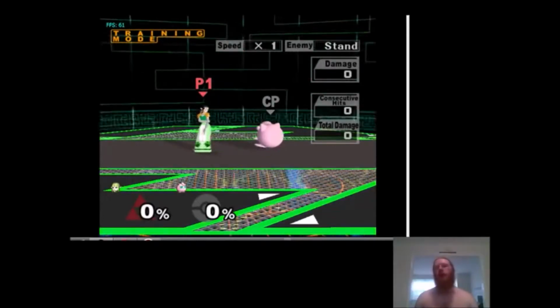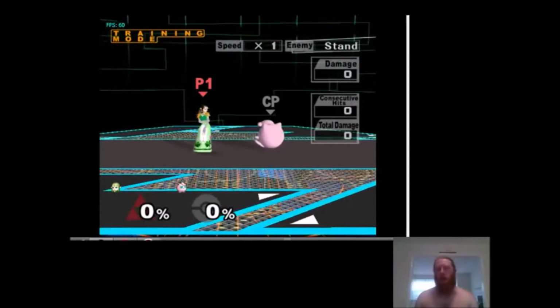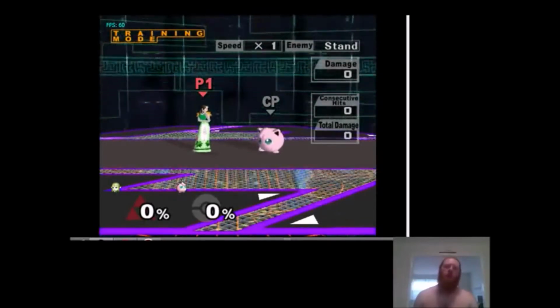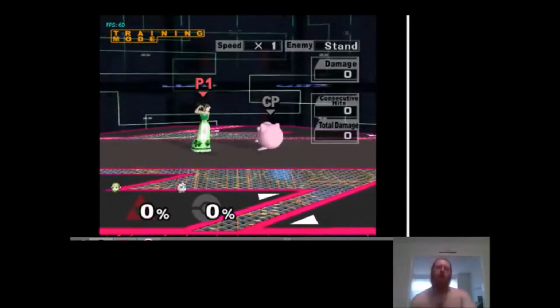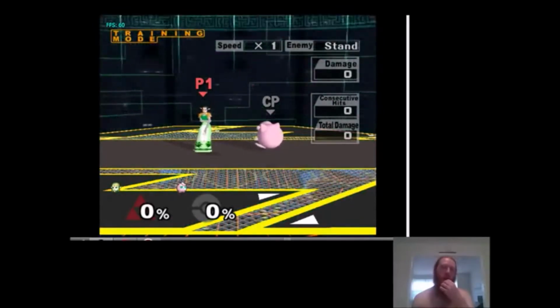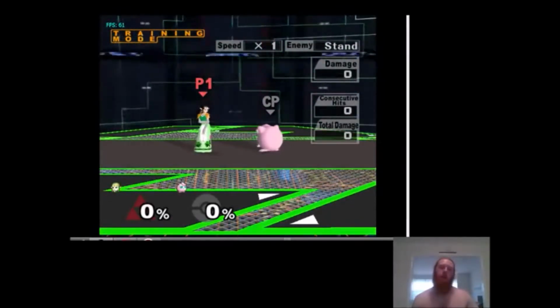Okay, so I haven't labbed this much, but here are some rest punishes at various percents with Zelda. So F smash is not a good idea because that can be crouch canceled into rest. You could just do lightning kick, but I wouldn't recommend doing that until it's going to kill, because there are